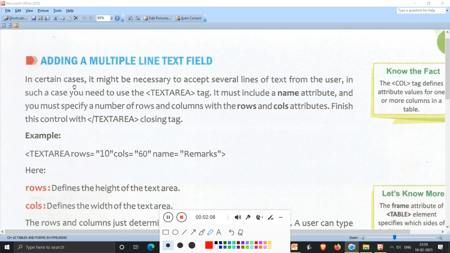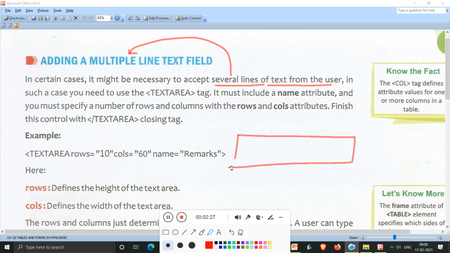First, in certain cases, it might be necessary to accept several lines of text from the user. Several lines means nothing but multiple lines. For example, if you want the address of a particular person, the address cannot be written in one line.